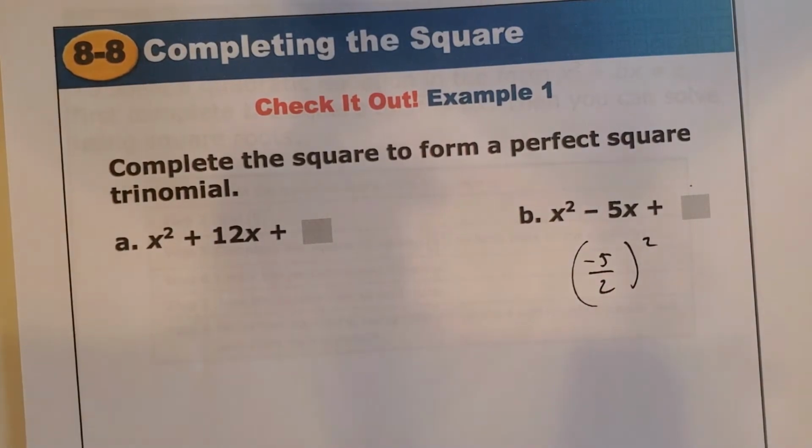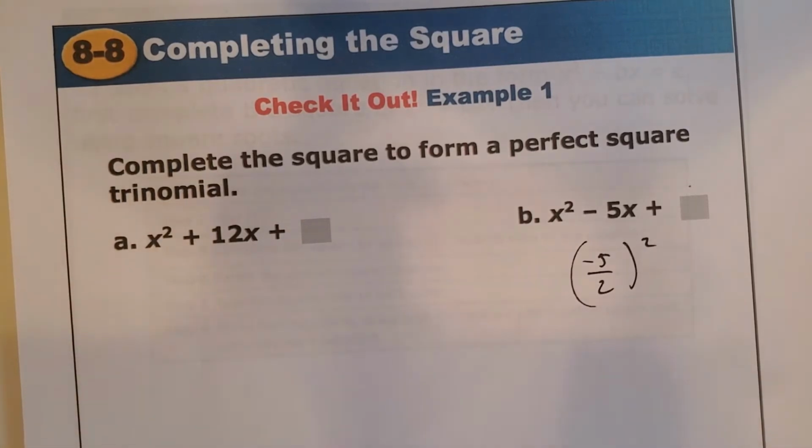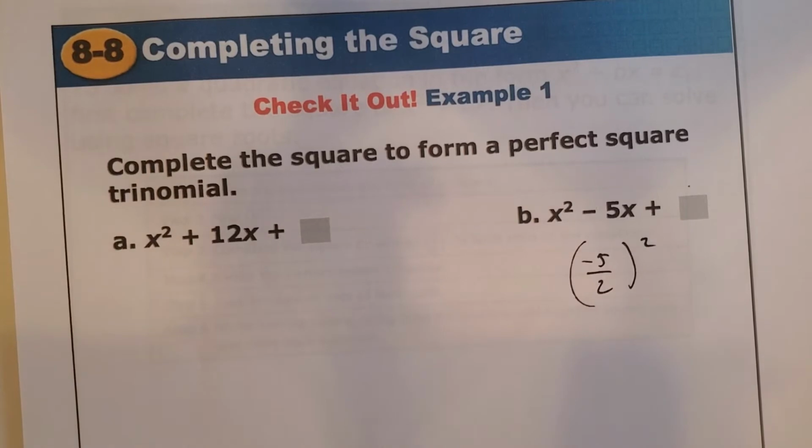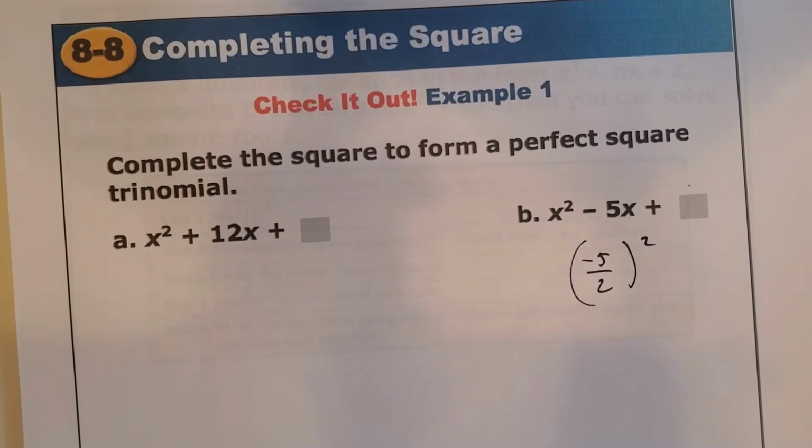All right? Negative 5 divided by 2 is a decimal. It's negative 2.5. But I believe later on in certain math classes, as you move through high school, there will be certain things that your teachers will rather you write in a decimal or rather you write in a fraction or an improper fraction. I think most of the time as you move up in math, people want things in an improper fraction. All right? So we're going to leave negative 5 over 2 as negative 5 over 2 because that fraction can't